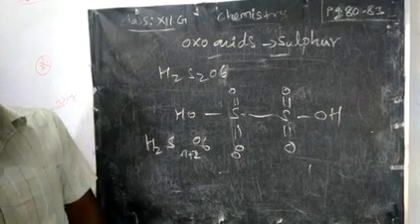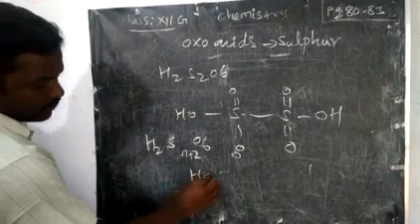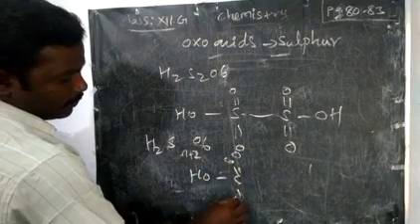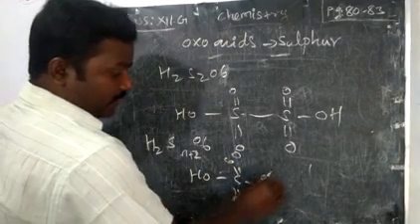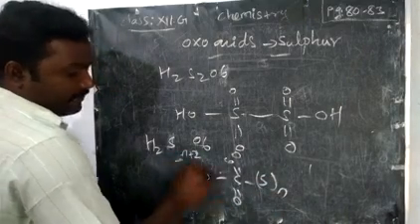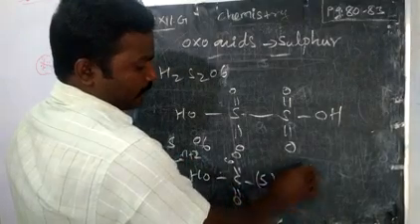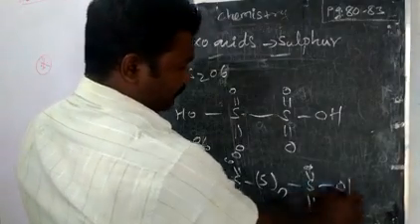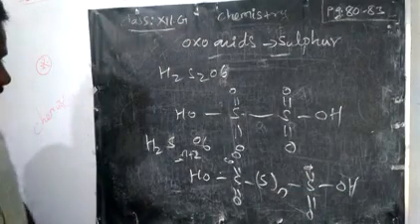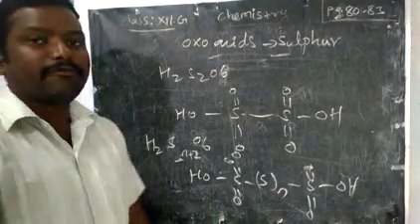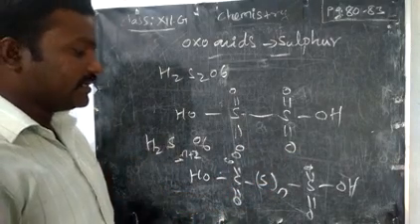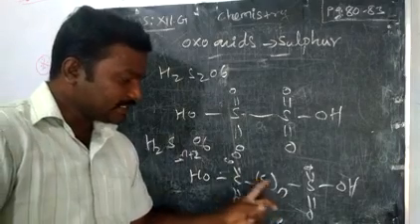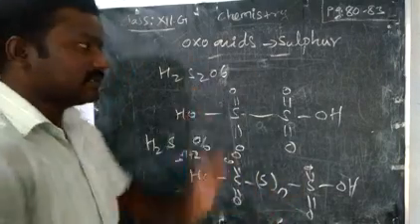Then how do you write the structure? HO, S double bond O, double bond O, and then in between we also have sulfur depending upon the n value. Then again S double bond O. So a structure like this you can write for any number of sulfur. When the sulfur increases, only the S in between will increase.